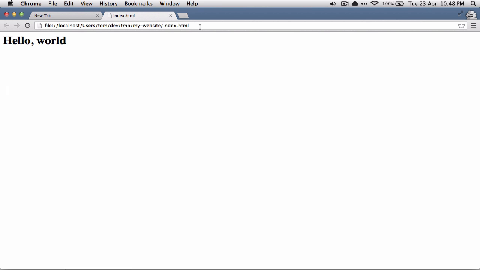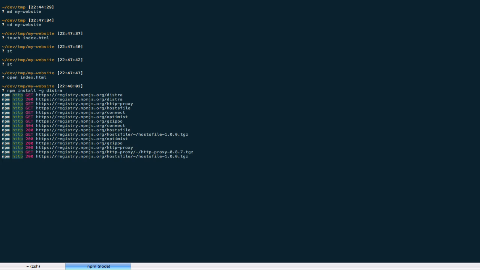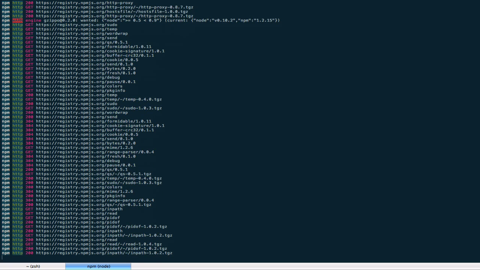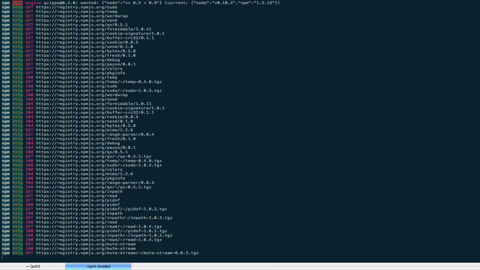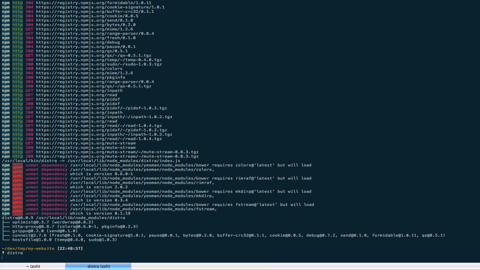a directory like this. So to get distra installed, you do npm install -g distra. So I have this installed already, so it should be nice and quick. But when you run that, it will download a whole lot of things, like it's doing now, and then install that globally, and then you'll be able to run it on the command line. So that's what the -g there, npm install -g, installs something globally so that you have a tool available to you. Now I'm getting a couple of warnings there because I'm on an upgraded version of Node, but basically it's fine. So now distra is available to me here, and I can run it just